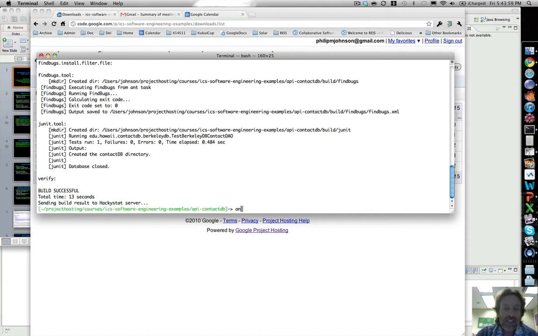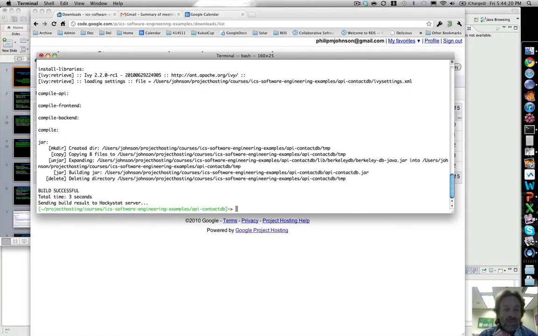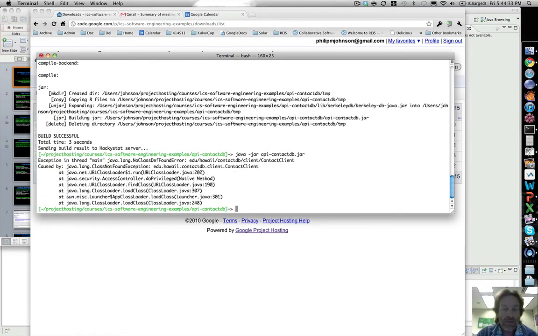And the second thing I'll do, just to remind you of how this ContactDB thing works, if you don't remember it, you may want to go back to the previous screencast where I talk about the Berkeley DB system and listen to that just so you get an overview of what this thing does. But I can do ant -f jar.build.xml and build a jar file. And what we can do with this jar file is it allows us to persist and add various things to a persistent database. And so if we say java -jar API ContactDB, and we don't provide any arguments,